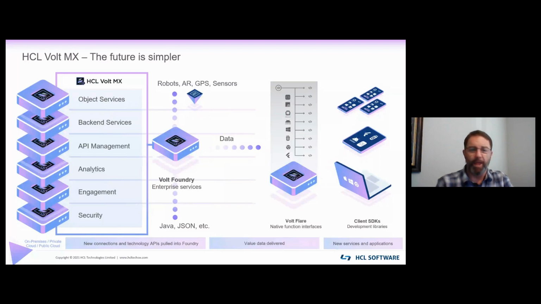The sensors, the APIs, the client SDKs, all that data can then be accessed via the Volt Flare engine to serve as the common interface and make it immediately available to any front-end application. Now, this applies not only to existing applications within the existing infrastructure, but also to future development activities, by providing a framework and an architecture that can more easily adapt to new technologies as they emerge.